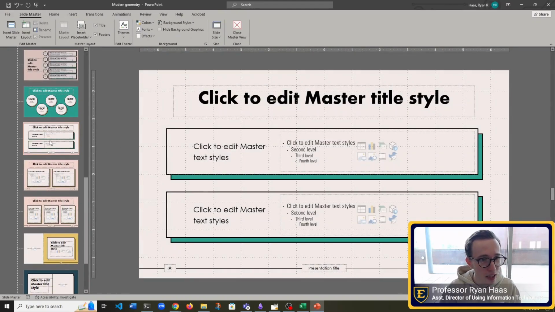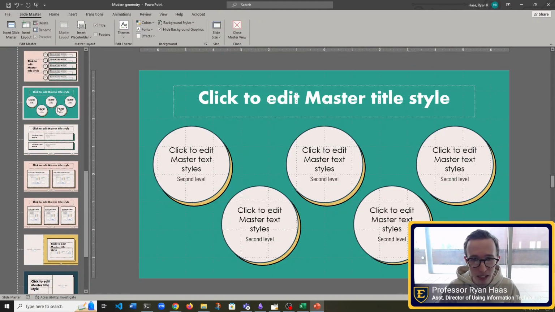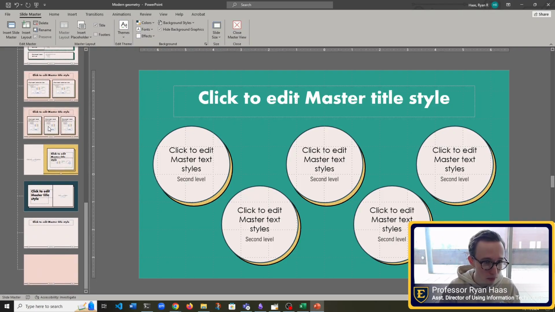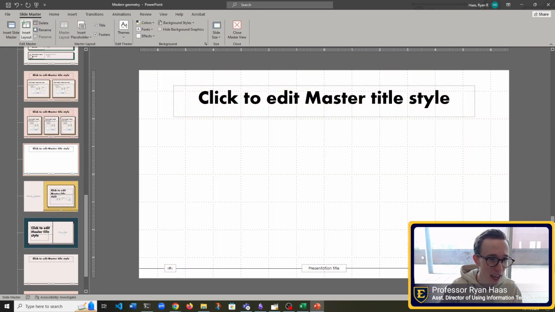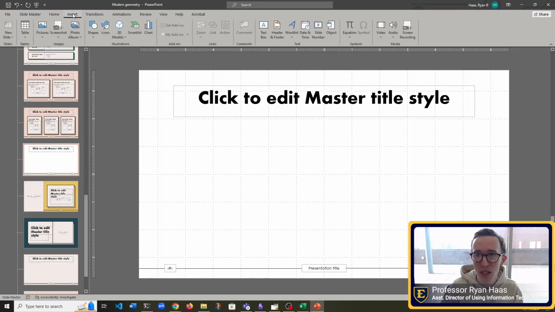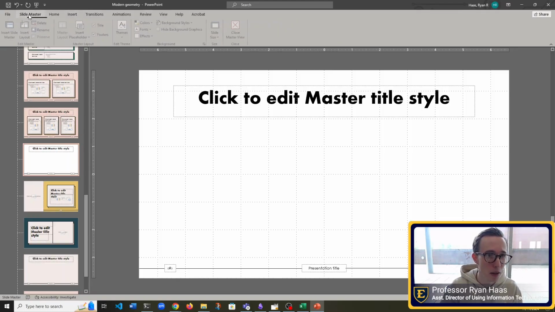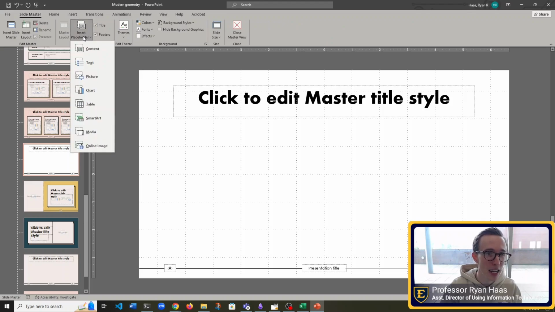Like we see all these layouts here, but we can actually create our own. For example, let's go down here to Insert Layout, see how it creates this new slide. Now if I go to Insert, you see I have all these different elements, but if I go to Slide Master, I can create what's called placeholders.